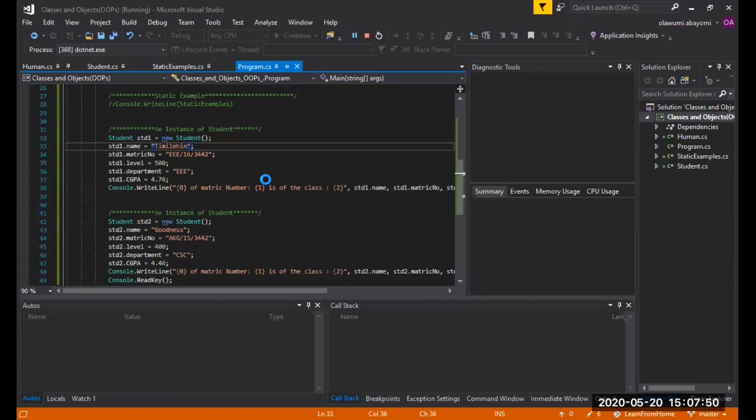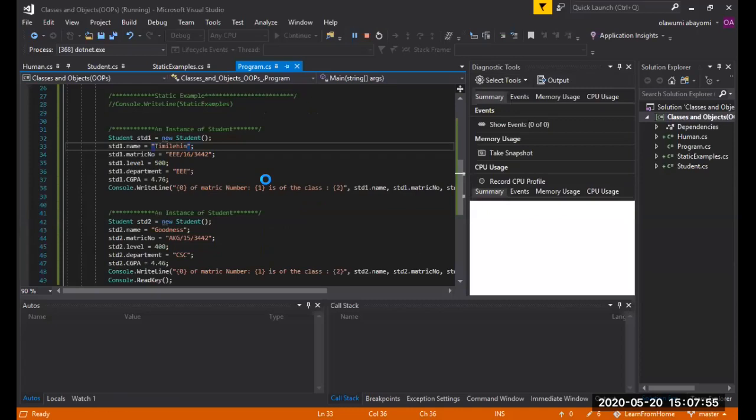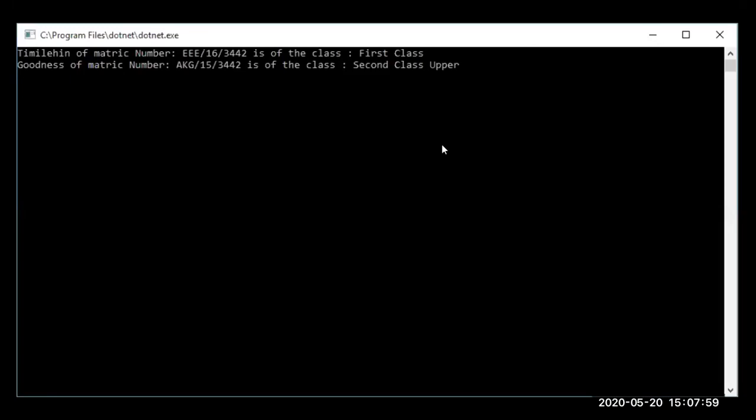Okay, so now let me share with us our output. So now our output is ready. So now can we all see the output? Can we see the output? Hello, are we there? Yes, we can see it. Okay, so you can see that